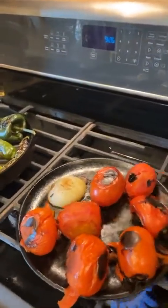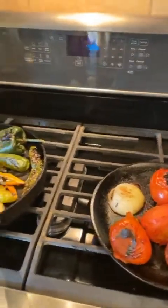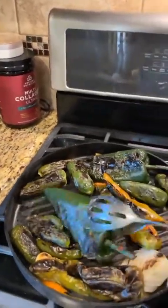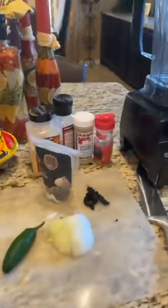So you should be roasting your chiles at high heat level, about that heat level. You want to make sure, again, that they're fire roasted and they're not cooking slowly, but they're grilling very fast in a high heat, okay? So now that our chilies are done, the other part of the important ingredients that are here, as I mentioned